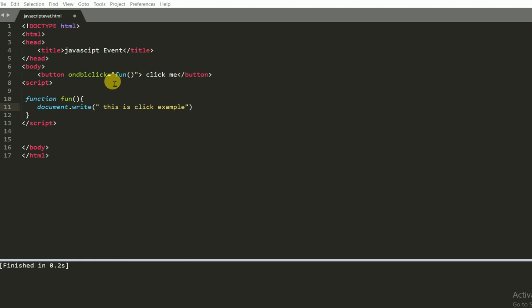And now I'm working on right click, oncontextmenu. This is working for right click. I write here right click example.